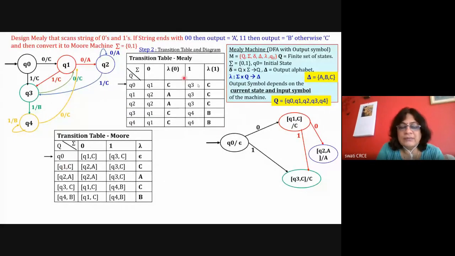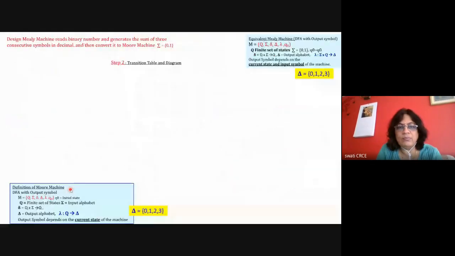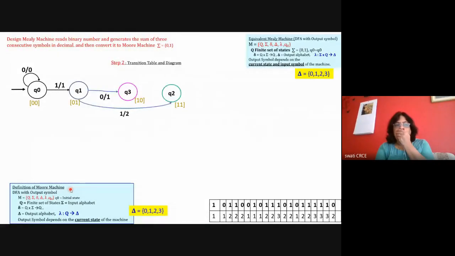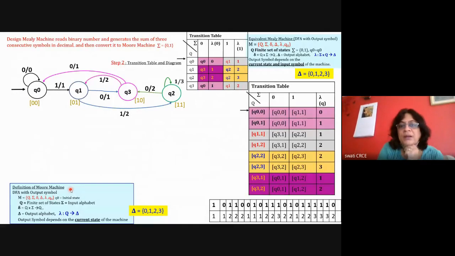In most of the problems you will get such kind of conversion. Here Q3 is there three times, but every time Q3 is generating C. So we will be having only one row here. But in the next problem, you are having Q0 with 0 and Q0 with 1. If such two types are there, then you need to take two different rows. Here also two different combinations are there, so two different rows.